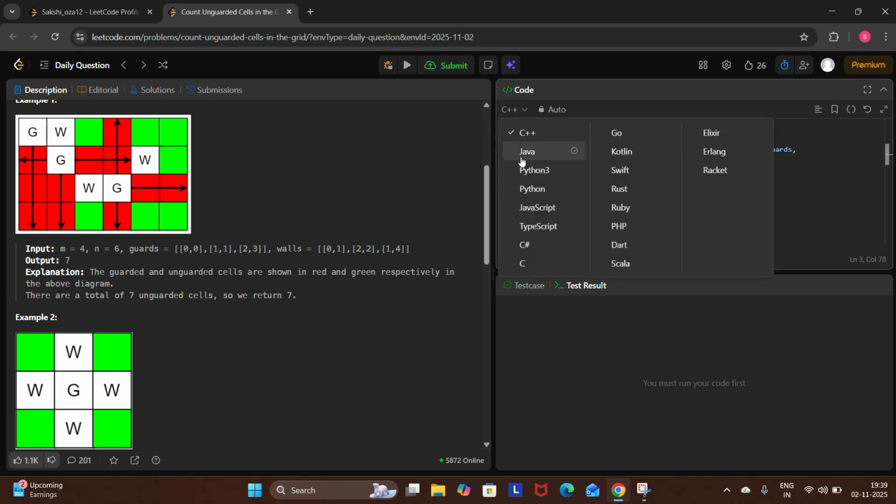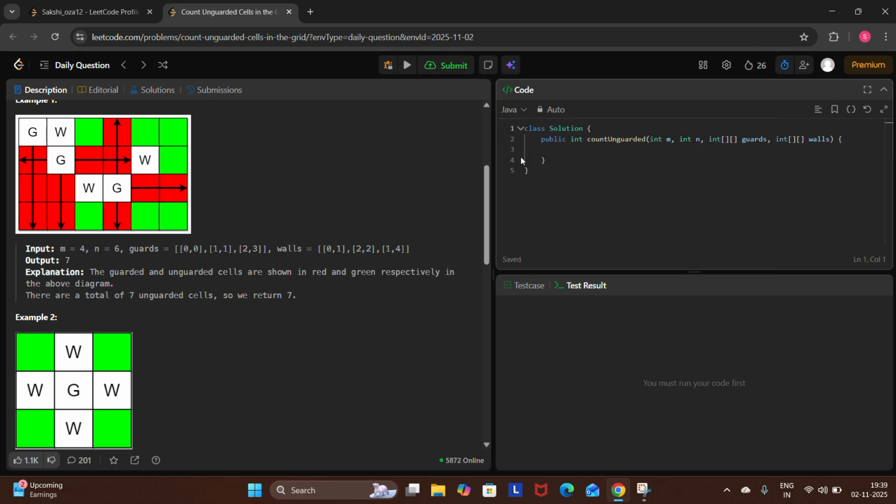Today we will be writing this code in Java so that we can also practice Java step by step. So this is already given. Let's go ahead and write the code. First I will make sure that I complete the code and then explain it to you guys. So int double square bracket, let me just give it a space, grid equals new int m